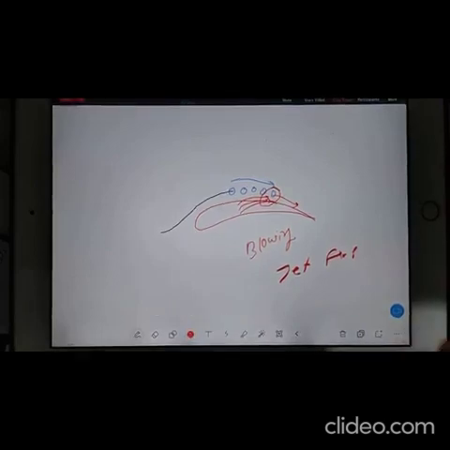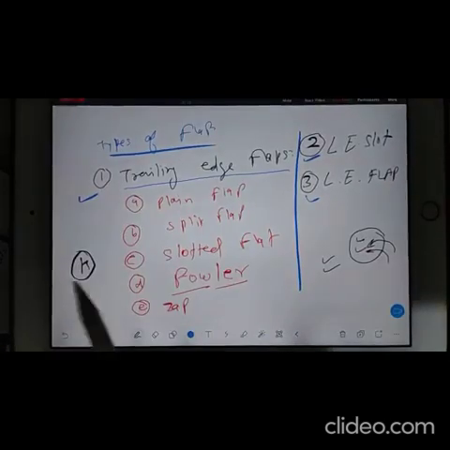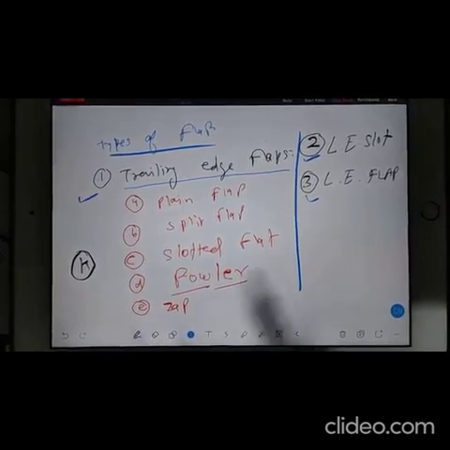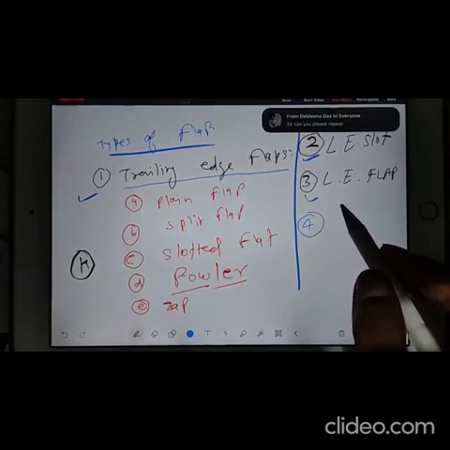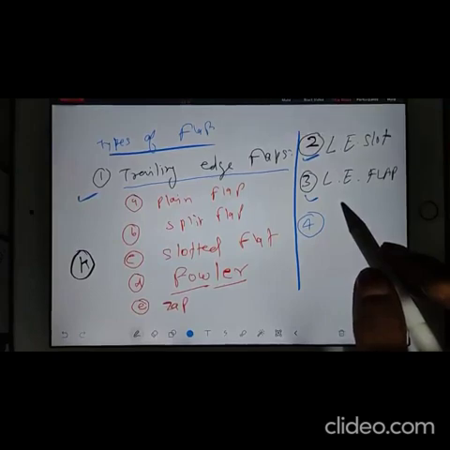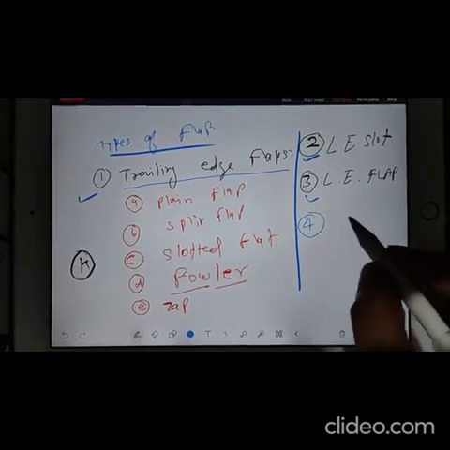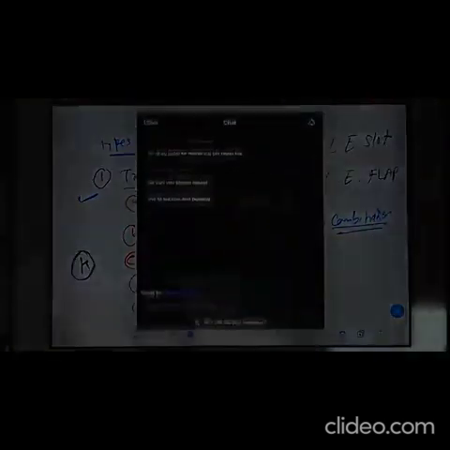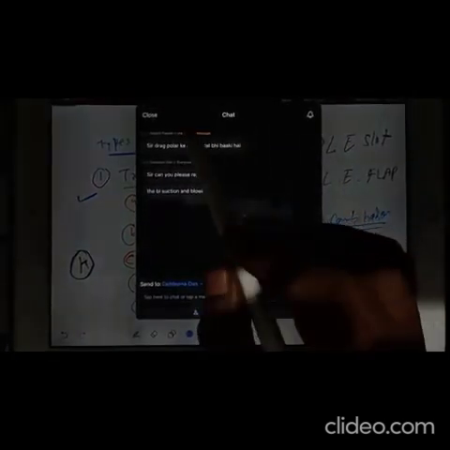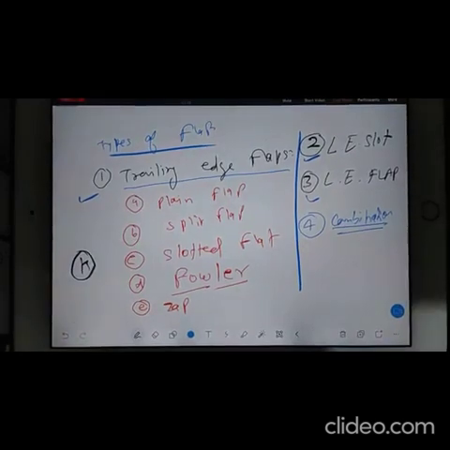Now see, in the previous page, these are the types of flaps. And you have one more category, the fourth category. In this category, we are going to combine some flaps to create special types. Combination. Yeah, I will explain boundary layer suction and blowing again. No problem, I'll explain again. I will change the page. I have to explain this.